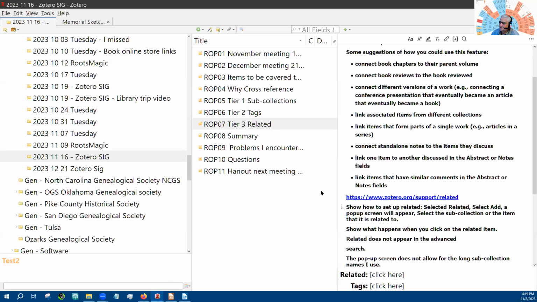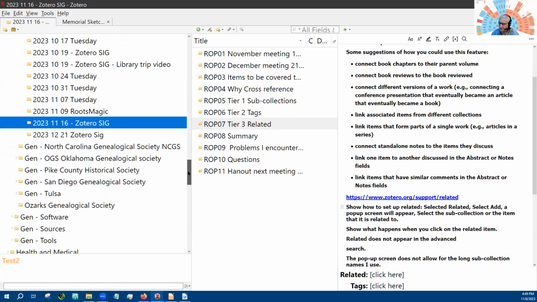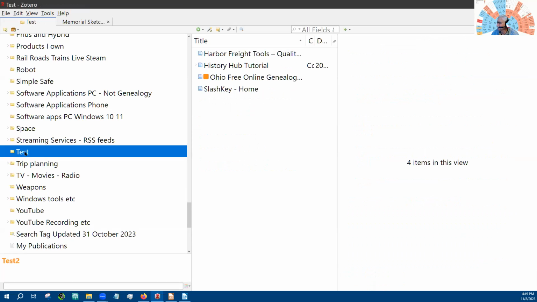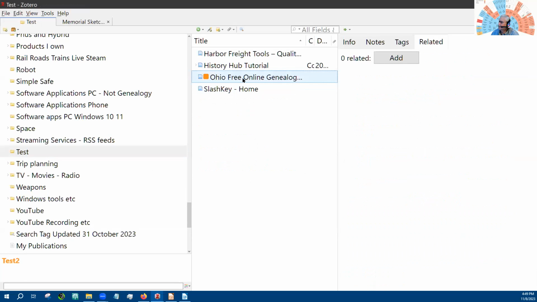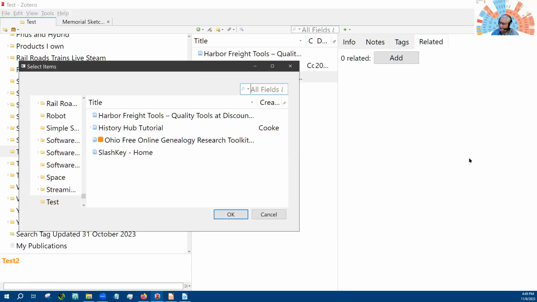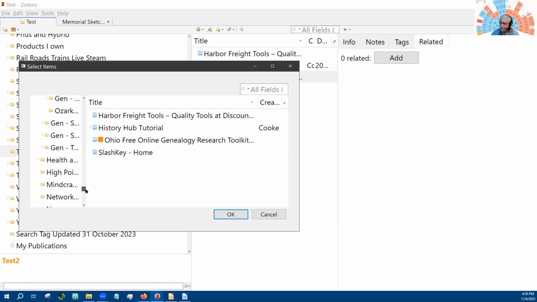Okay. So let's show you how to set up a relationship. And again, we're going to go to my favorite test file, so I don't want to mess up my database too much. And since we already tagged this, we're going to take and set this up as related. And we're in related, and we want to take and tag it to something. And I thought it would be interesting to tag it to,